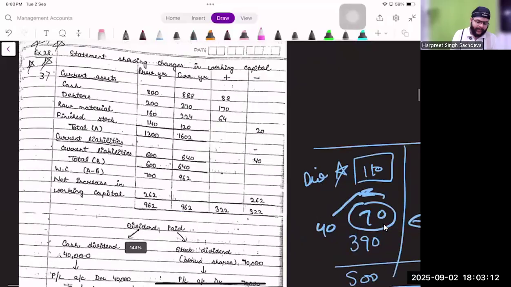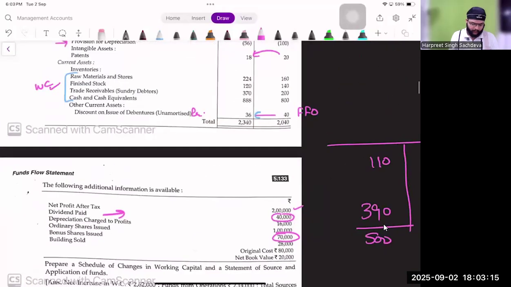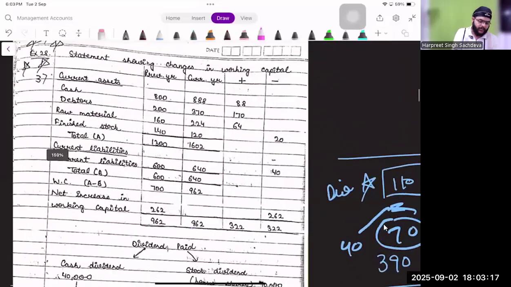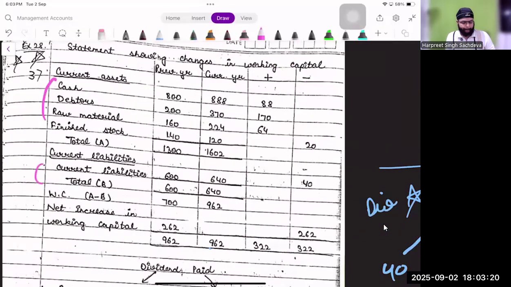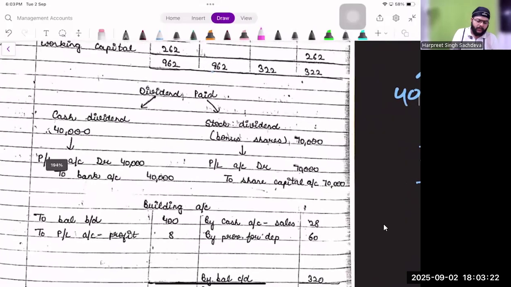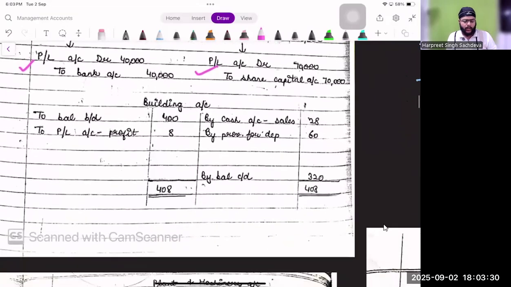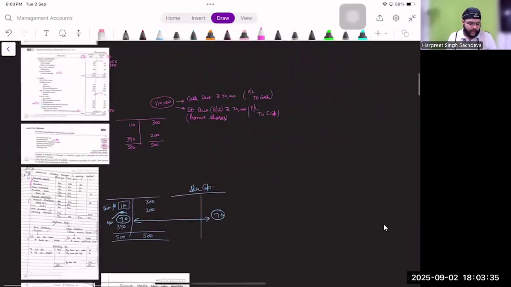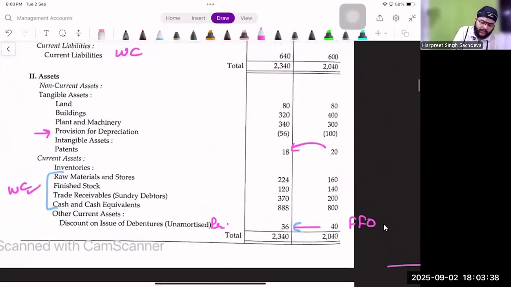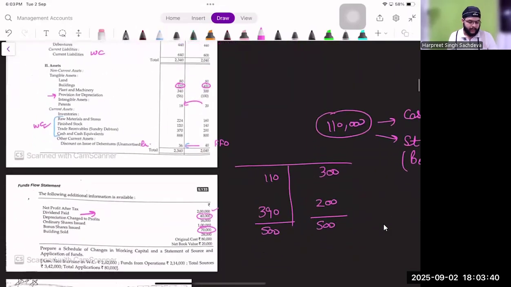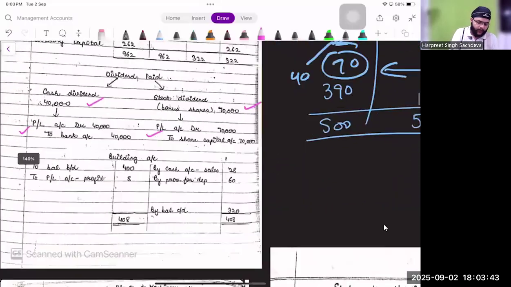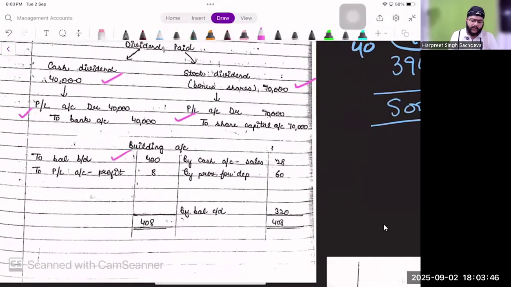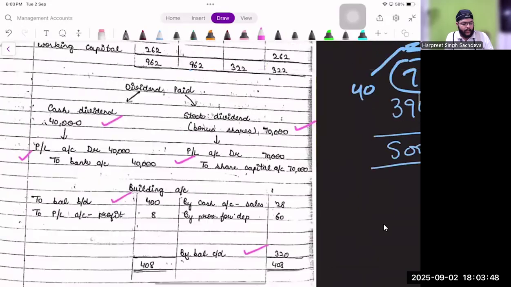सो वर्किंग कैपिटल स्टेटमेंट राजा इजीली हो जानी। ठीक है, सेम सिंपली करंट एसेट्स पोस्ट कितने, करंट लायबिलिटीज, डिविडेंड की कैलकुलेशन कर ली, गिवन भी सी 40,000 कैश डिविडेंड, 70,000 स्टॉक डिविडेंड, जर्नल एंट्रीज डिस्कस कर ली हैं राजा। देन बिल्डिंग अकाउंट, बिल्डिंग अकाउंट ओपनिंग बैलेंस इज 400, क्लोजिंग बैलेंस इज 320, nothing else is given, so means that building opening is 400, closing is 320। ठीक है, इतना पॉइंट हो गया।